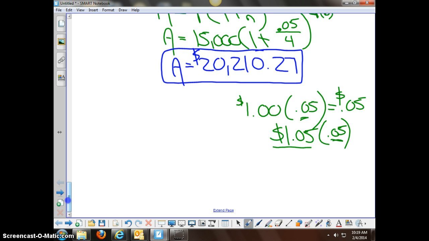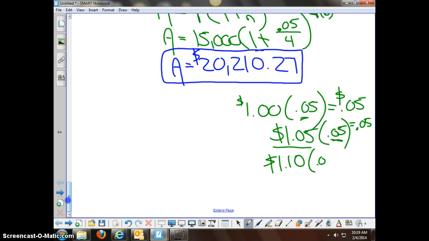What is $1.05 times 5%? 5 cents. Is it still 5 cents? Yeah. Okay, so it's still 5 cents, so this is a bad example. Is it rounded to 5 cents? Yeah. Okay. So now I have $1.10, and this is my next year, and I'm going to take $1.10,